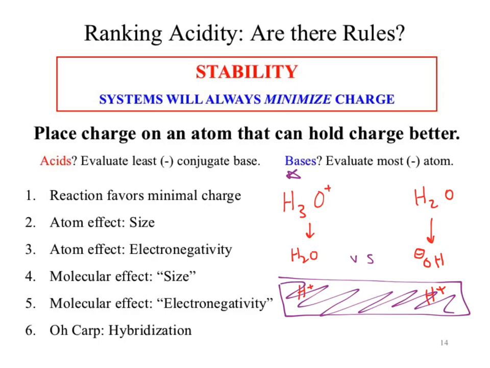Okay? Well, all reactions strive to minimize charge. So in this comparison, which of those reduces the charge? H2O. So H2O is the more stable conjugate base, which then makes H3O plus the stronger acid. Okay. Why? Well, our explanation goes back to minimizing charge. Okay. And said better, which we had previously,